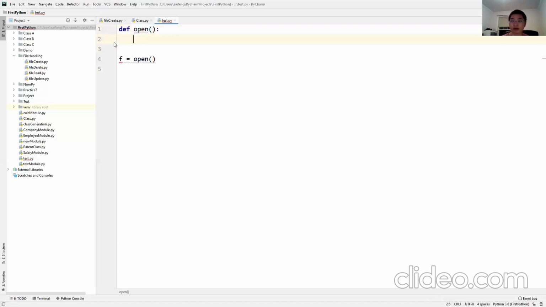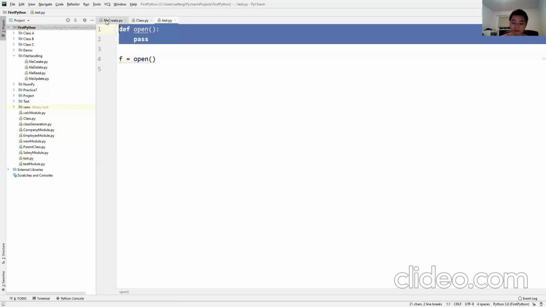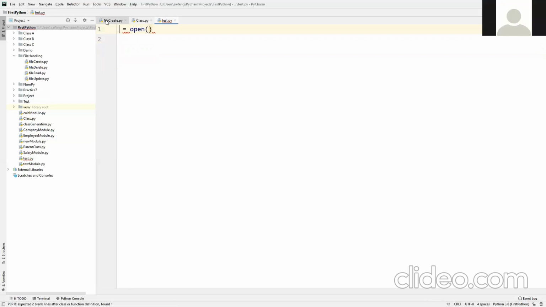Remember, we learned that you need to have the function first, then I can call the open function. But I don't think we have that. I think it's a built-in function or something. Yeah, you said built-in, very good. Just like what? One more example of a built-in function, which you can use directly without defining it yourself.